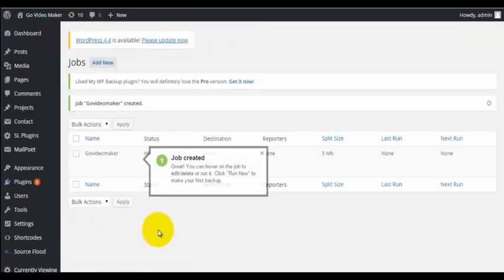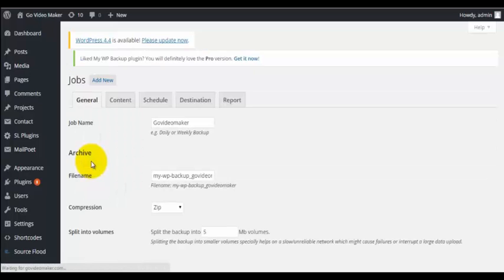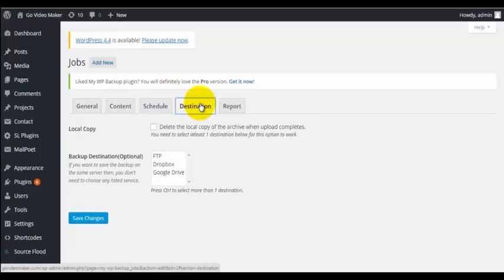So that's all. We now have the backup job. You can run it now, or you can edit it again. Then click on Content, Schedule, and Destination.